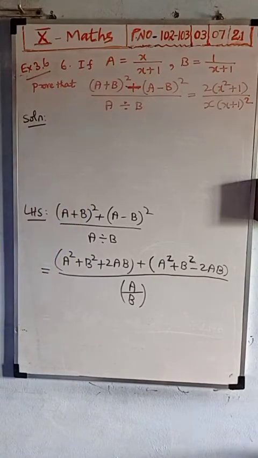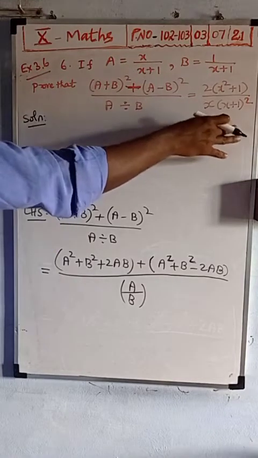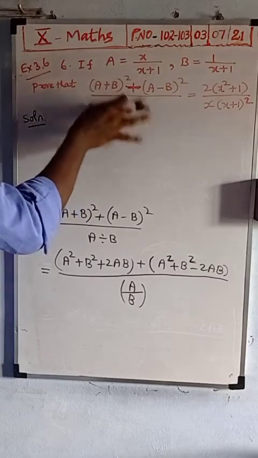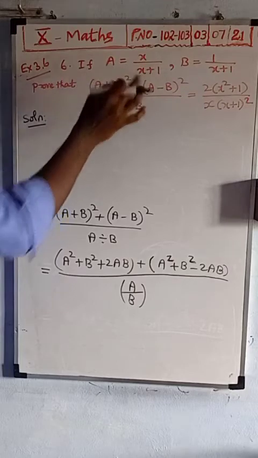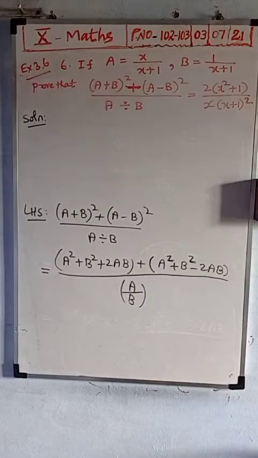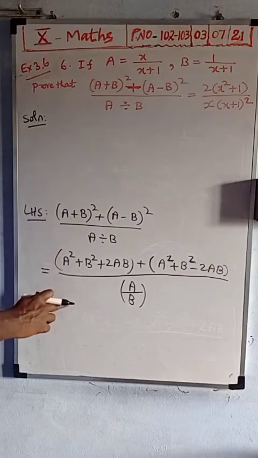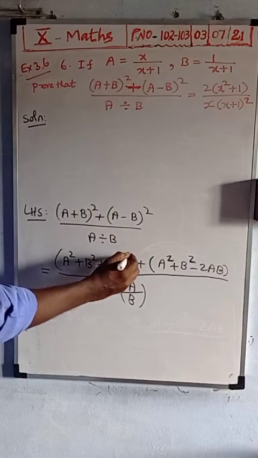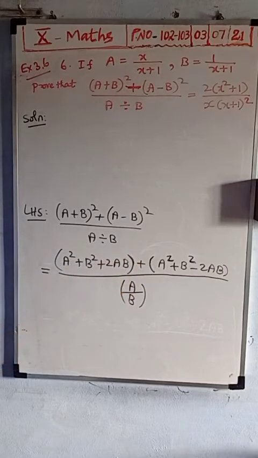Now, first you take this LHS and we want to prove RHS. Left hand side you take and prove RHS. While taking LHS side, you should substitute A and B value given here as it is, and simplify, you will receive the answer. It is complicated, so first I will apply the formula and simplify, then after that I will substitute that AB value, and we will get the RHS side. Like that you do it.